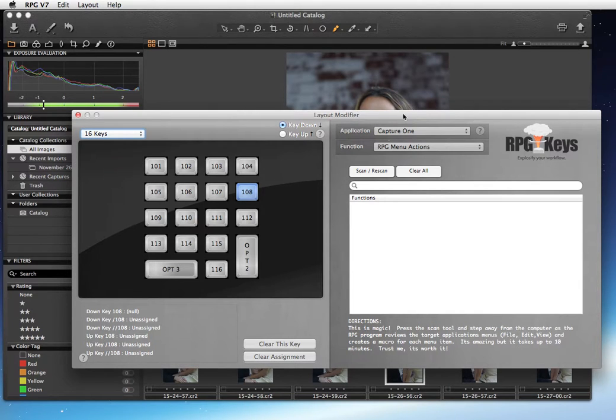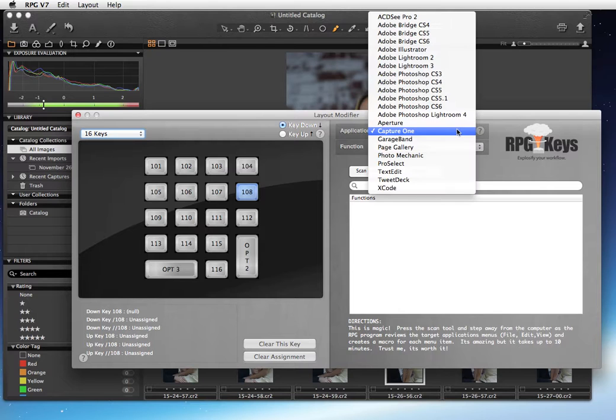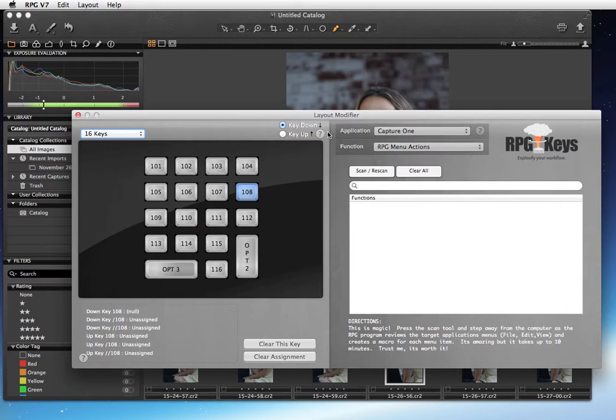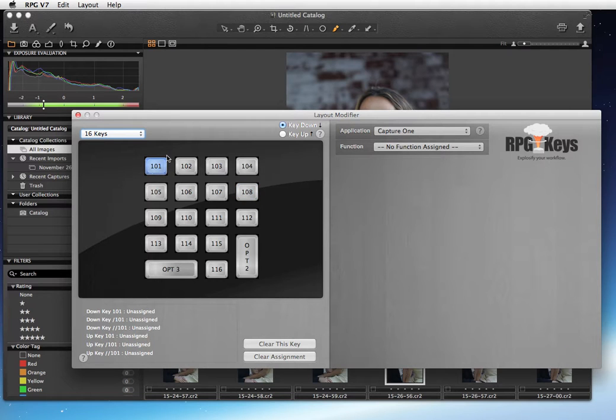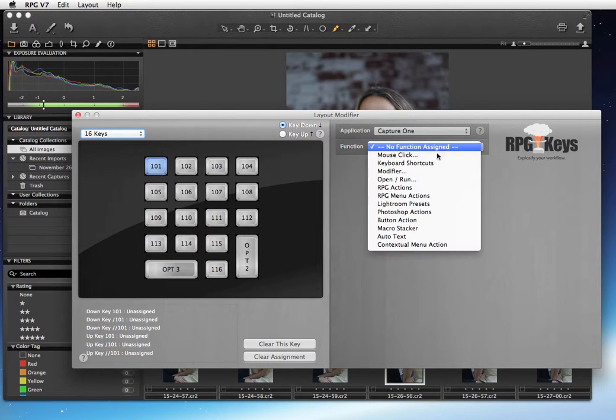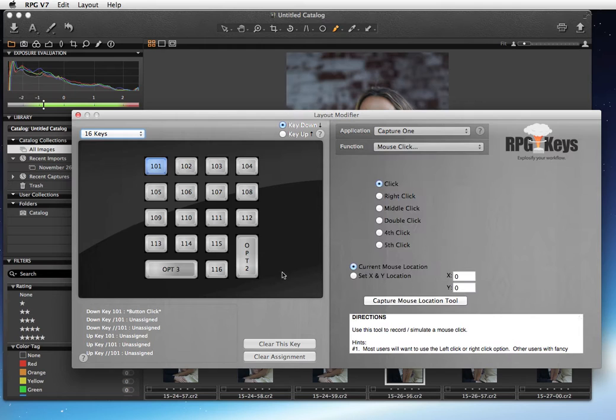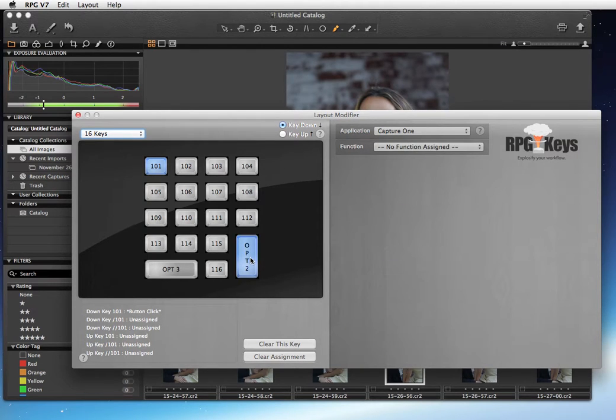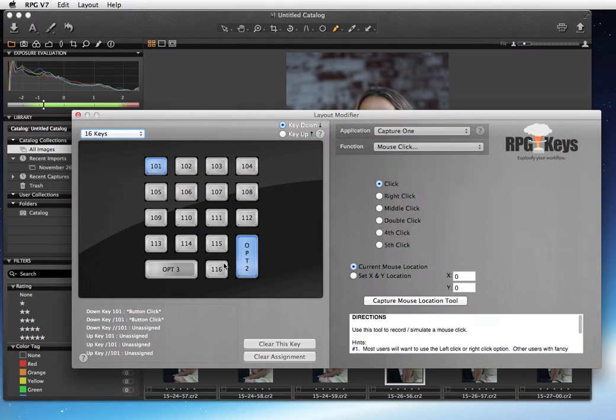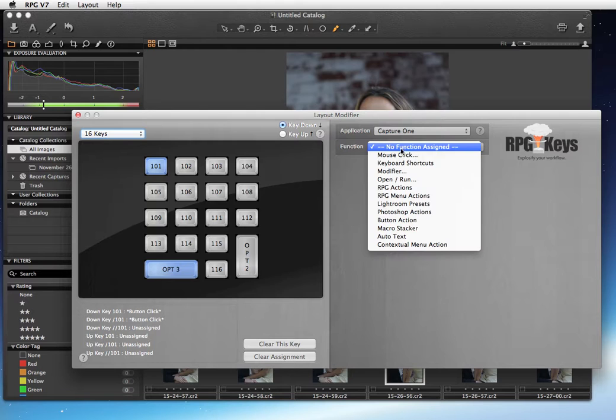The first thing you need to do is go ahead and select CaptureOne in the application drop-down menu. And then what you need to know from there is that every key can do three things. So if you program this key right now in any one of the function items, you're going to be programming the first level on this key. If you hold down the Option 2 key and go and program this key, you're going to be doing the second level. And if you click the Option 3 key and go to this key, you're going to be doing